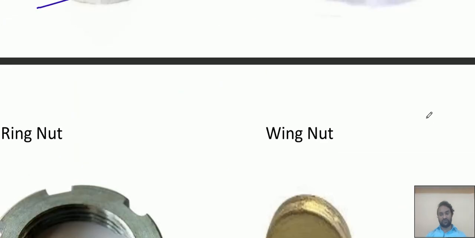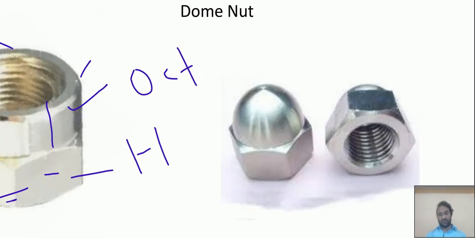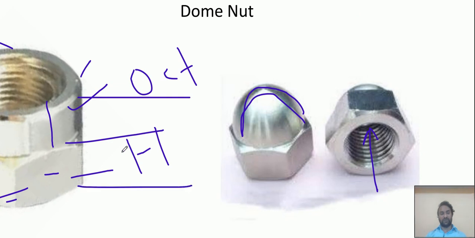So see this one, the dome shape nut. Again, this one is also the same as a cap nut, but the outer shape is like this. And you see two types here and here: the bottom one is hexagonal, the upper is octagonal. So that is missing in the dome shape nut. But if we need, we can make those two here also. Okay.